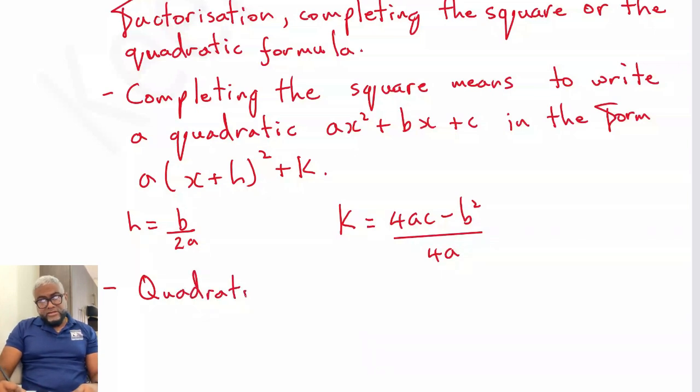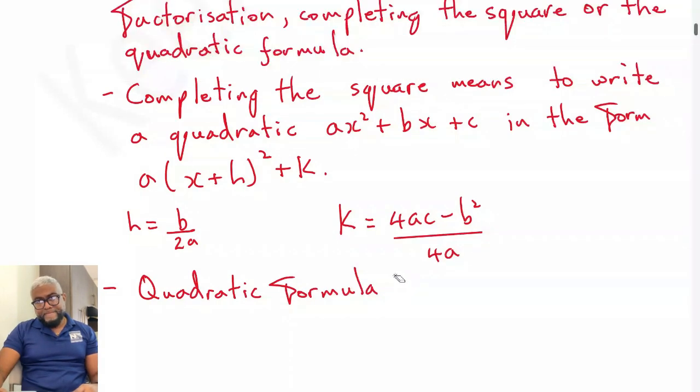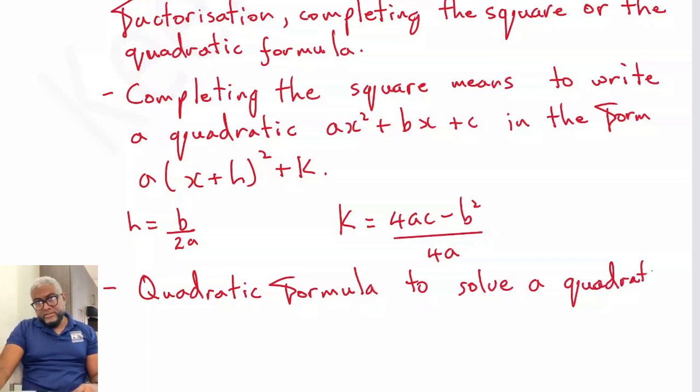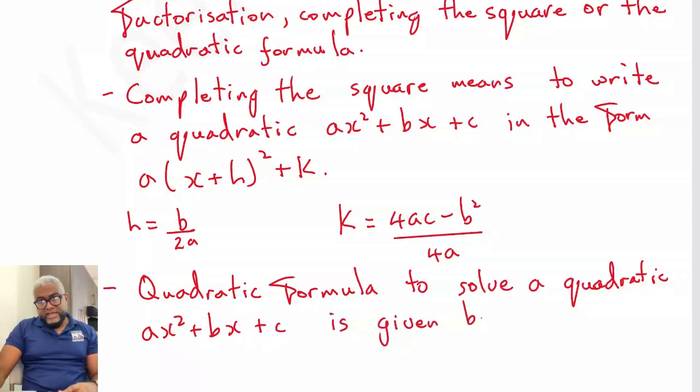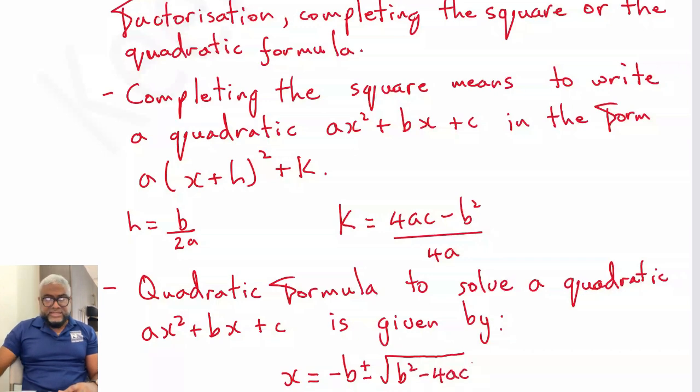The quadratic formula, to solve a quadratic ax squared plus bx plus c, is given by x is equal to negative b plus or minus the square root of b squared minus 4ac